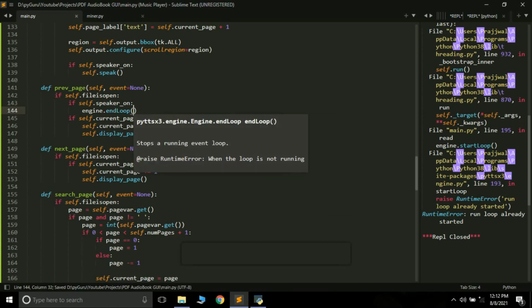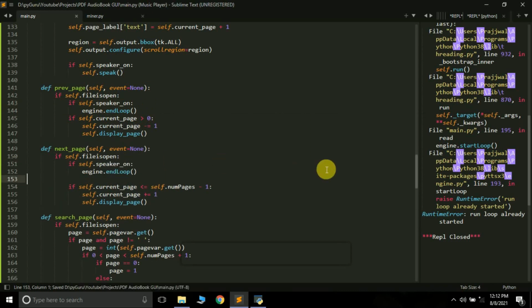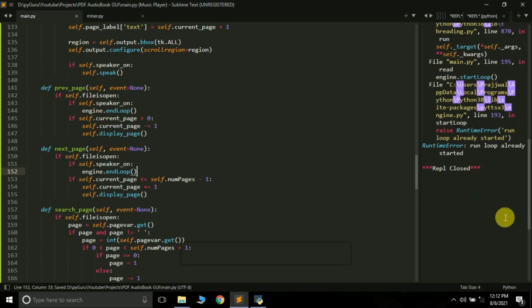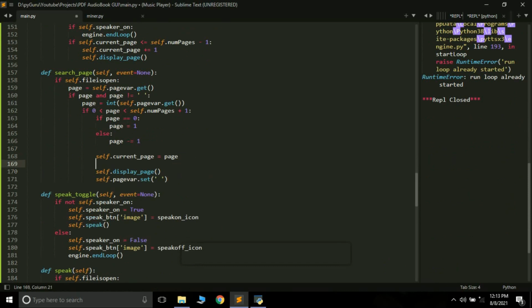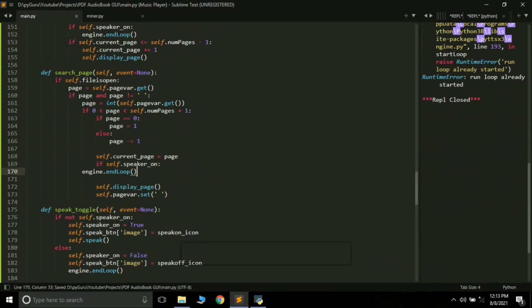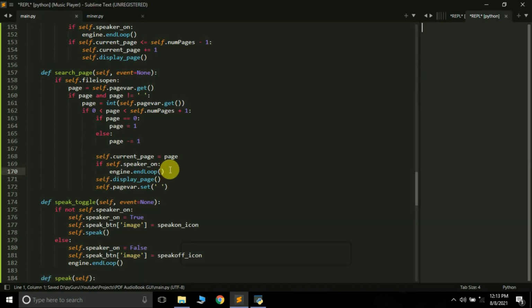This doesn't do any hanging to your GUI, but it will give you an error like this. Here also we can put this engine loop thing. So if I just run this now, I guess it should work fine.